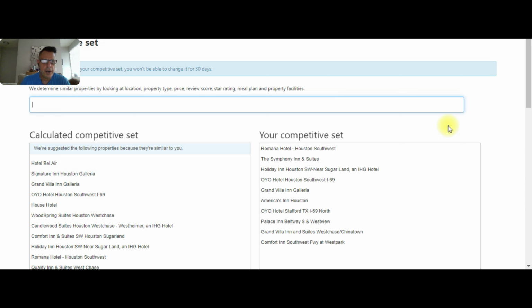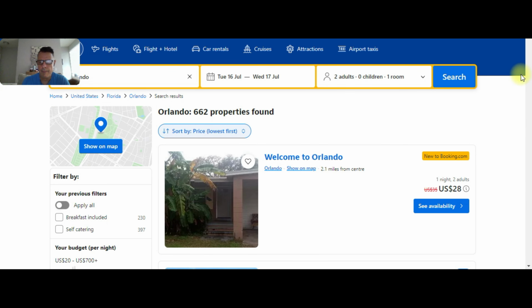Now, here's how you want to go about finding out who your competitors are. So let's just do a shop on Booking.com. Let me go over this page here. Okay, so I'm in Booking.com right now, and you may not be able to see it here, but I just searched for Orlando, Florida. I just did a one-night stay search just to show you guys, for example purposes,